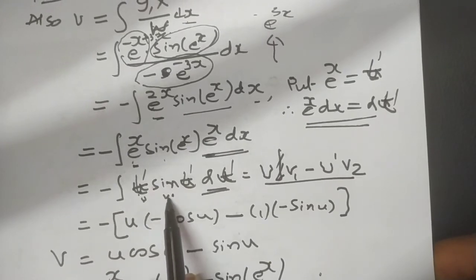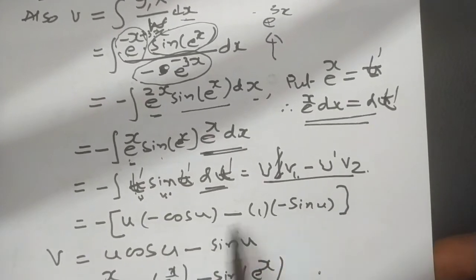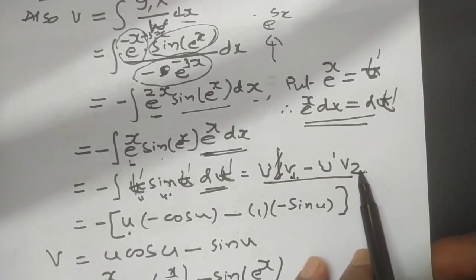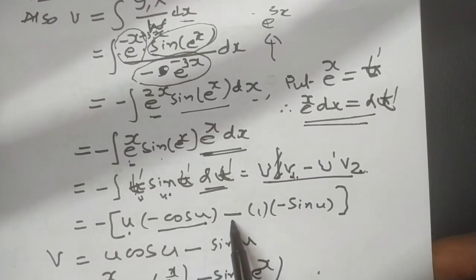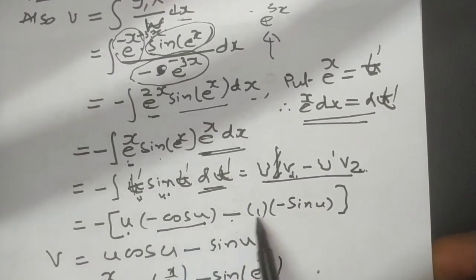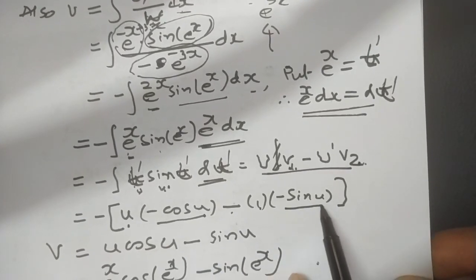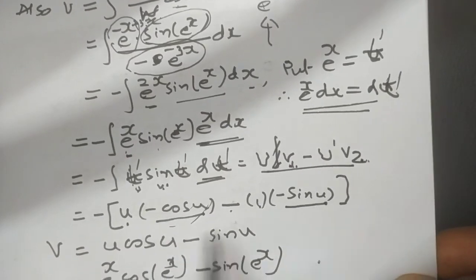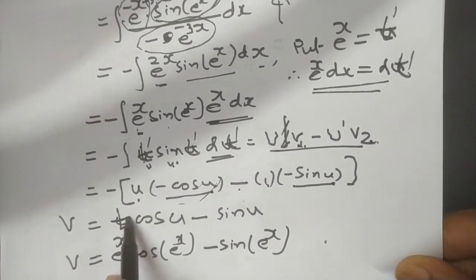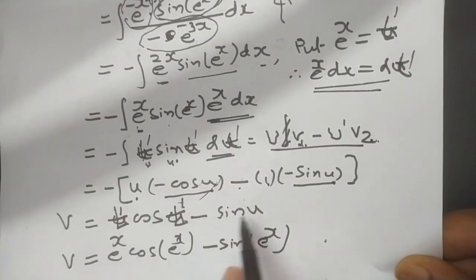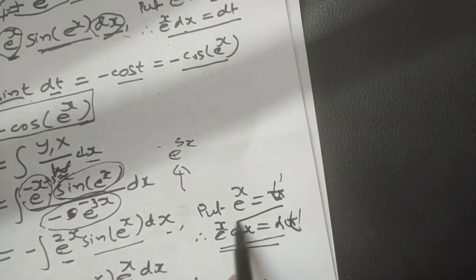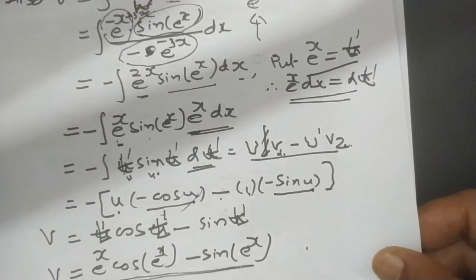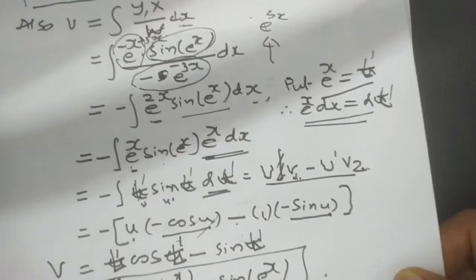Using integration by parts, u v1 minus the integral of u dash v2, one more time integration. So integration of sine t is minus cos t, minus the derivative of t dash, which is 1 with respect to t dash, and this thing is minus sine, integration of this again with sine is minus sine. So you get this in terms of t dash, because t is already taken, so sine t dash. So t dash is e raised to x, we put it here, and finally this is v actually. So this is the way you can find u and v.